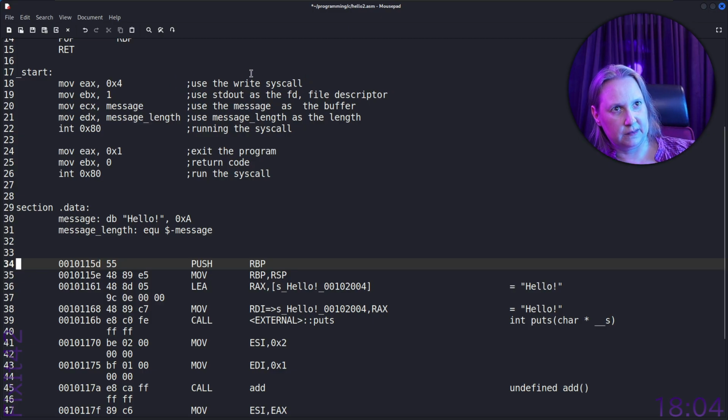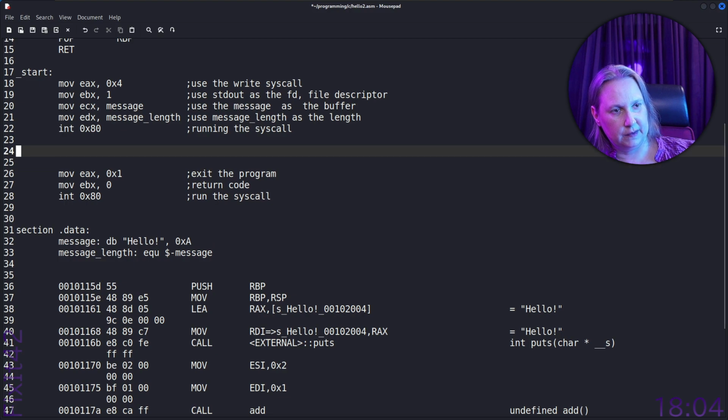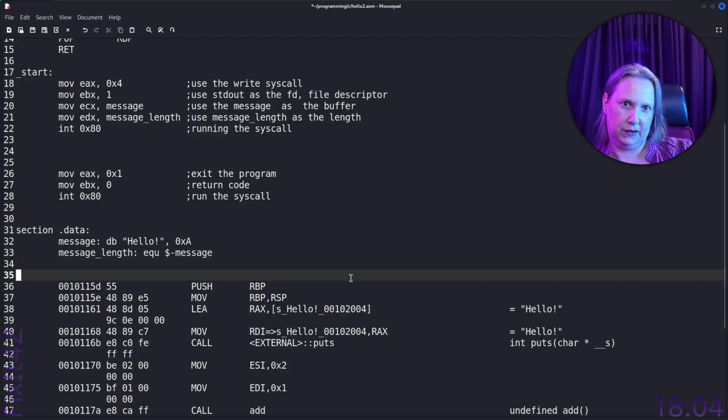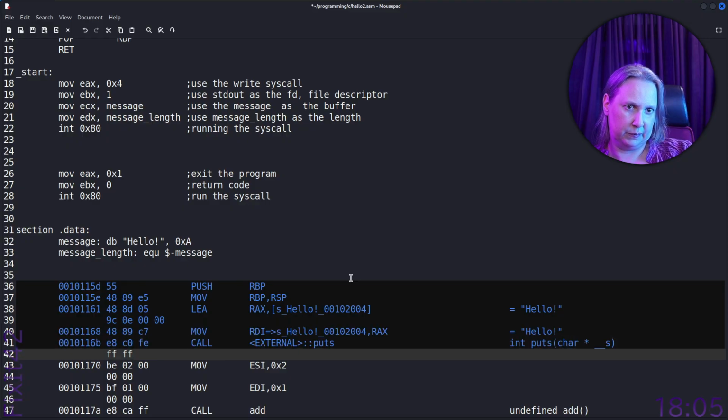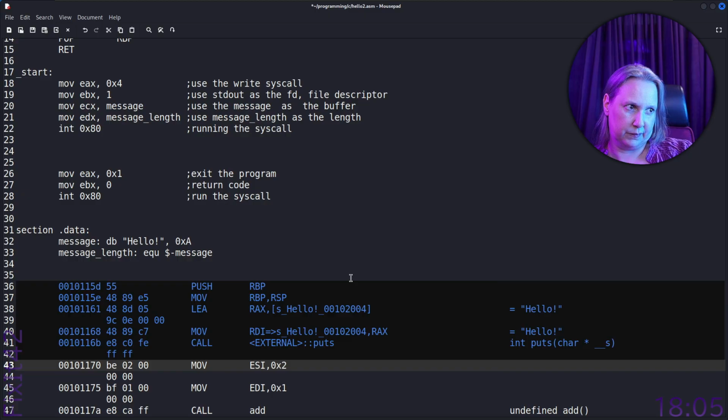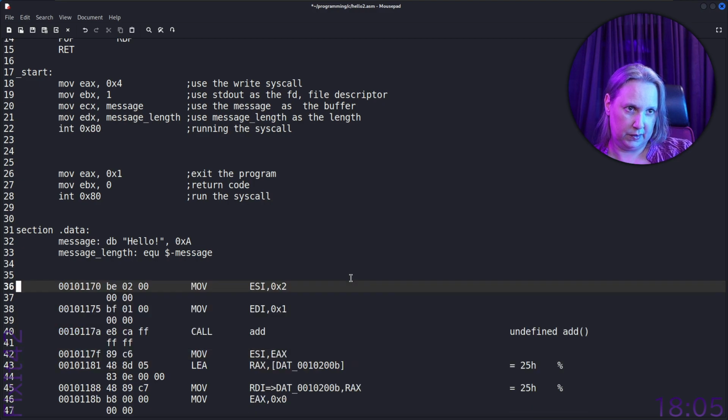Right, so this bit here is just the hello, and that's the same. And then we were going to call that. So let's get rid of a bit more here. Rx hello external puts. You can use both. I'm just reading it. Lea move call. And then it's putting